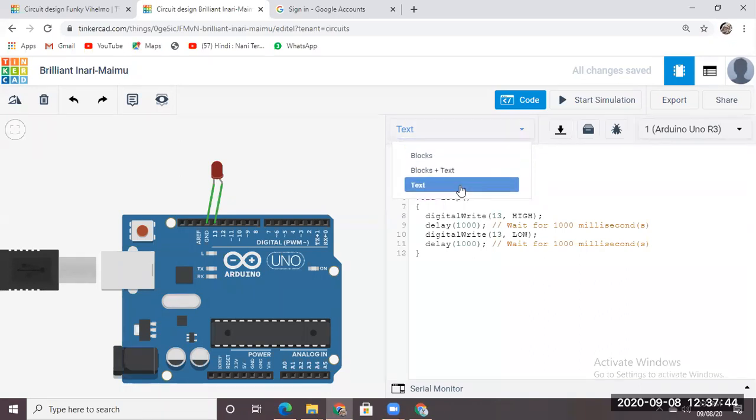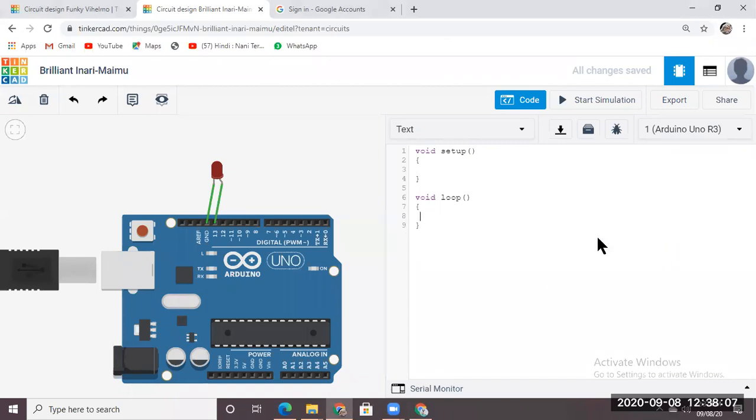Don't choose block, choose text. Open the code and then remove line number 3 and line numbers 8 to 11.